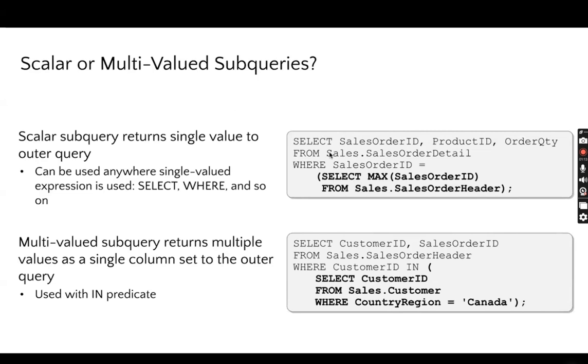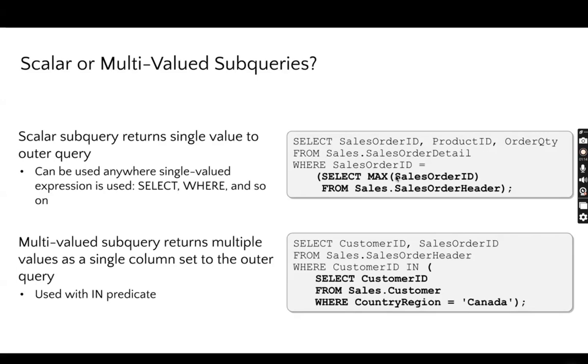So here, what we are doing, we are selecting the sales order ID column, product ID column, and order quantity column from the sales order detail table where sales order ID is equal to the maximum of sales order ID from this table, right? Right now, with this particular query, we want to see what the maximum sales order ID is. Once it has retrieved the maximum sales order ID, that data will be passed to the outer query, and only for that maximum sales order ID, its product ID and order quantity will be retrieved in the result